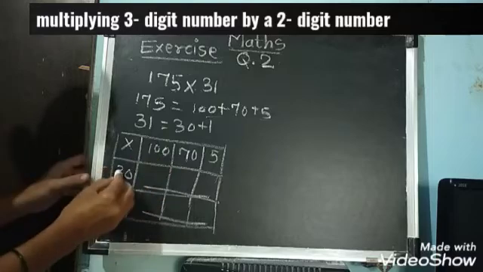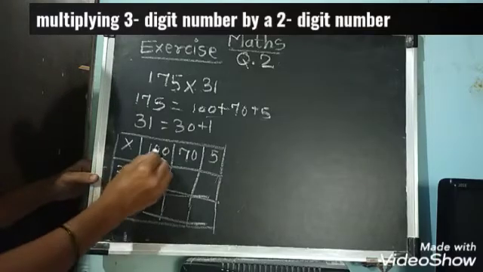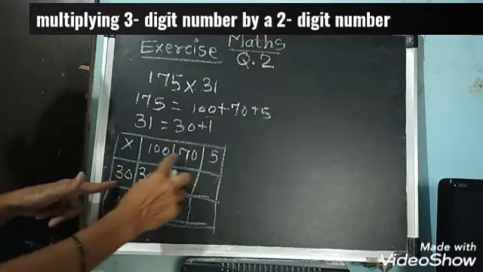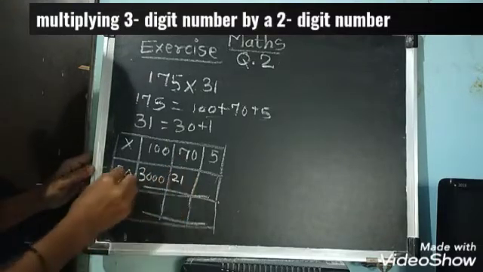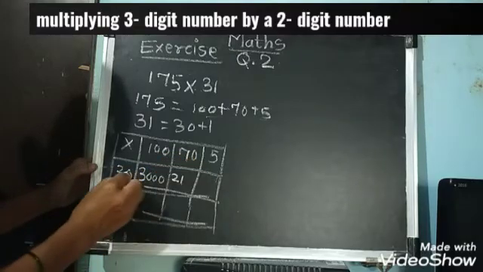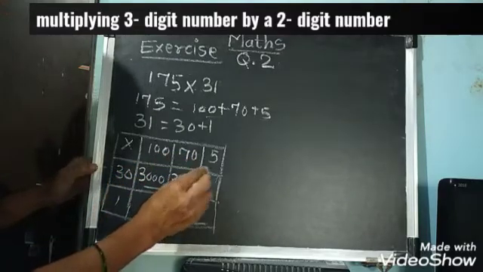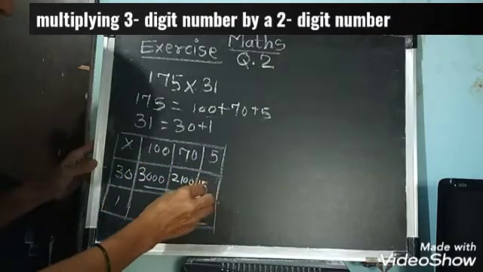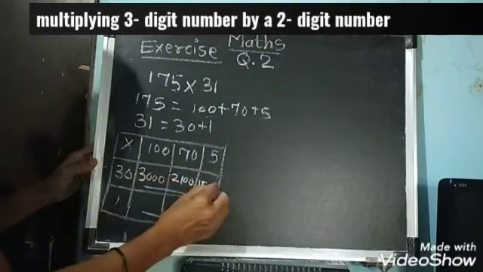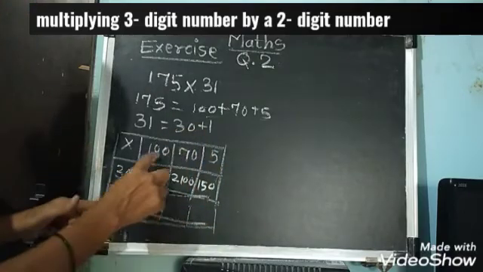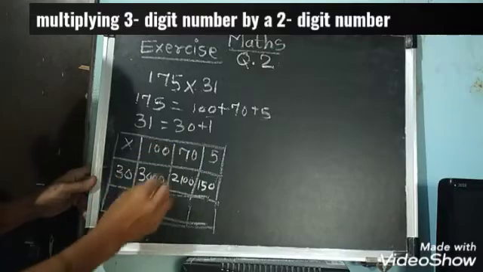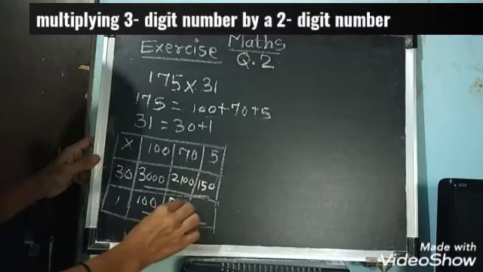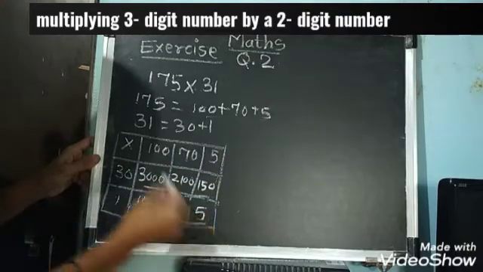This answer I want to go straight. 3 ones are 3. How many zeros in both boxes? 1, 2, 3. Now this answer I want to go straight. 3 sevens are 21. How many zeros are there? 1, 2. This answer I want to go straight. 3 fives are 15. How many zeros in both boxes? Only 1. So give 1 zero. Go straight. 1 ones are 1, and in both the boxes 2 zeros are there. 7 ones are 7, and here 1 zero, therefore 1 zero. 5 ones are 5, write down 5.